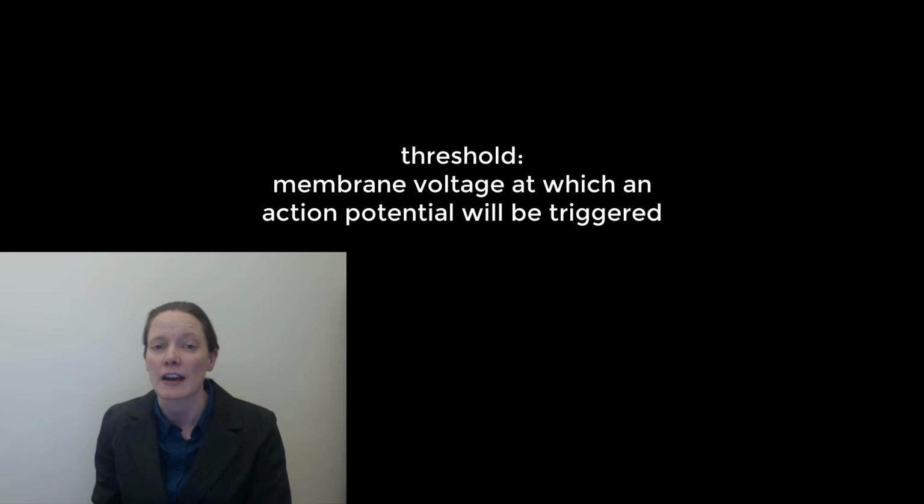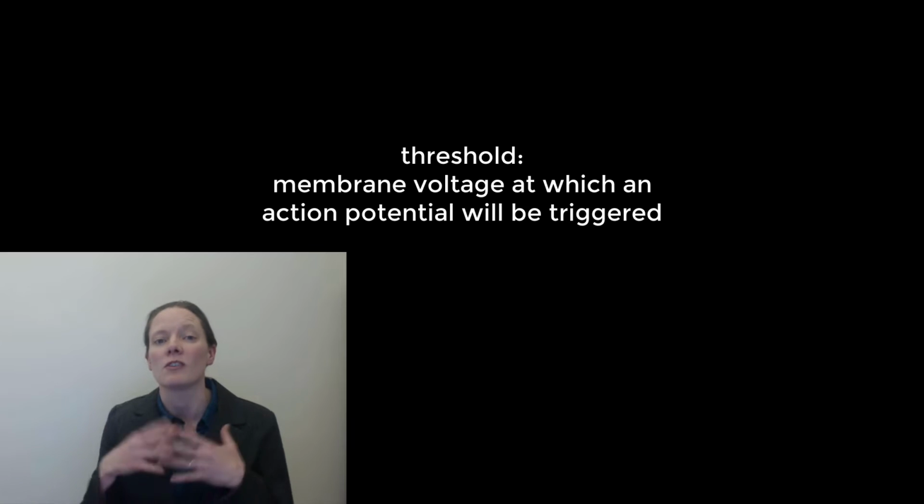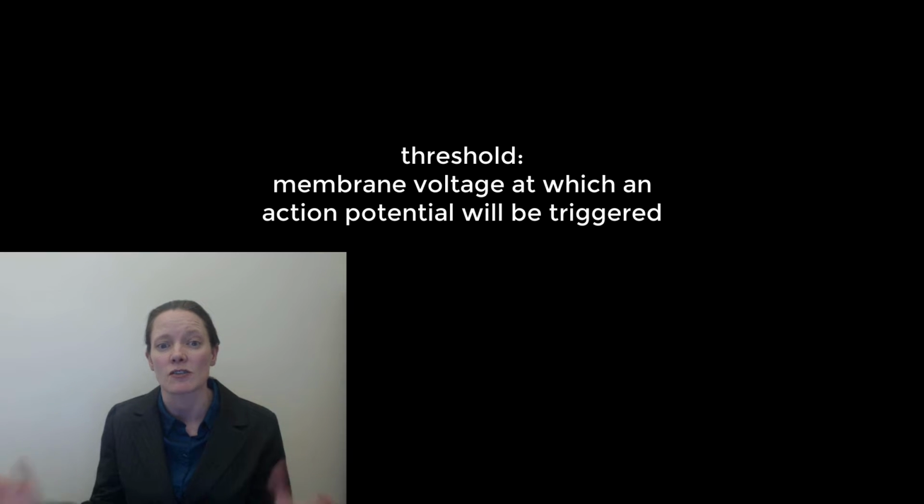Let's talk about how one neuron's many inputs combine to either generate an action potential or not. If a large enough voltage change occurs in the postsynaptic neuron, it will trigger an action potential by opening all of those voltage-gated sodium channels. There's some threshold membrane potential that needs to be reached in order to trigger that action potential. The exact value of that threshold will depend on things like the types and densities of specific ion channels in